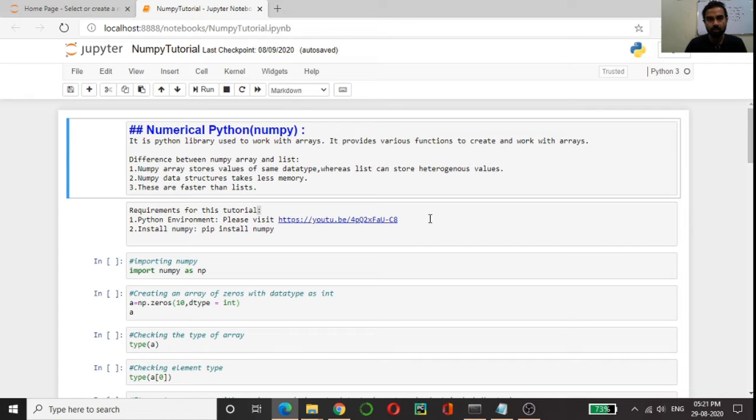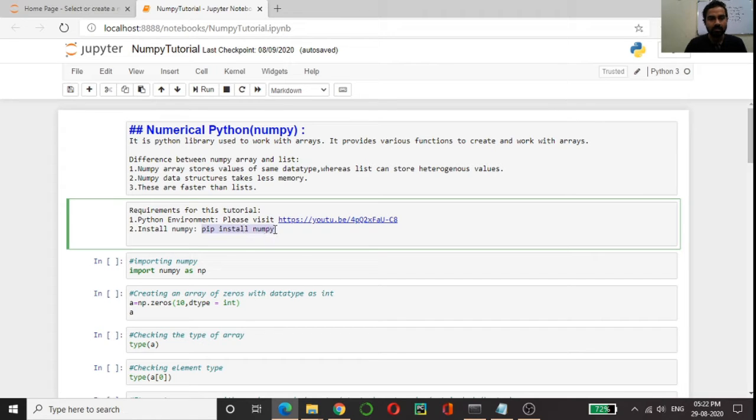I'll be sharing this whole notebook in the description. You can just download it, open this video and set up the environment, and you just have to see whether NumPy is installed in your environment or not. If not, then you just have to run this command. It will install NumPy for you.